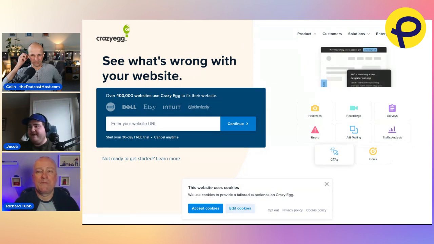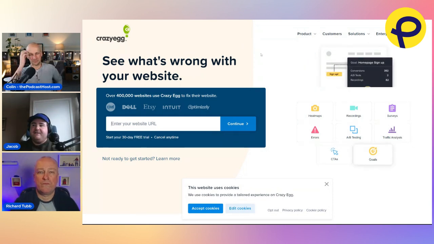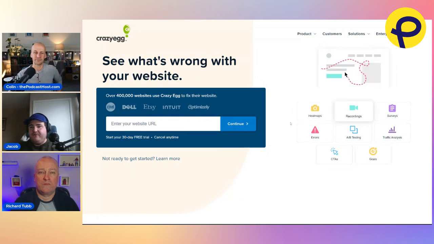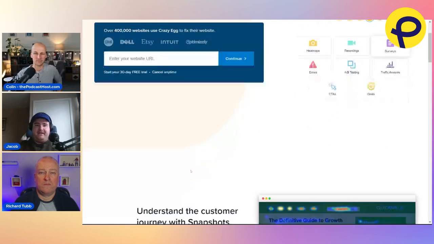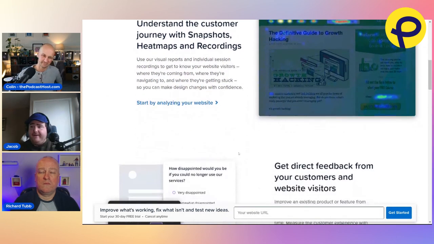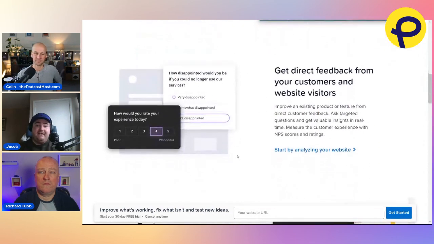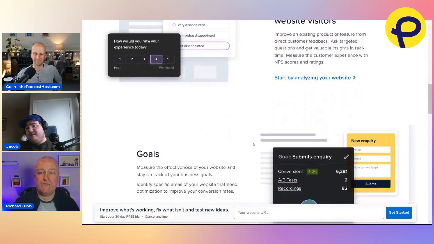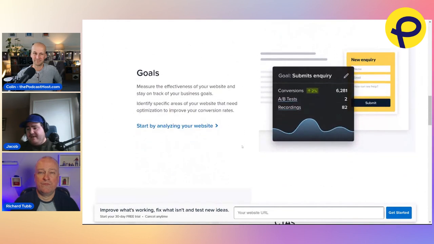It's essentially a landing page optimization tool. It's like a whole sort of toolbox of things. Split tests built in, either redirect tests, or it'll actually let you make changes, and then it'll apply them dynamically on the page. Surveys, heat maps, session capture, all of the things that you might need to optimize a landing page just in one place. We had someone on recently, I think it was Amanda Webb, who was talking about Microsoft Clarity.